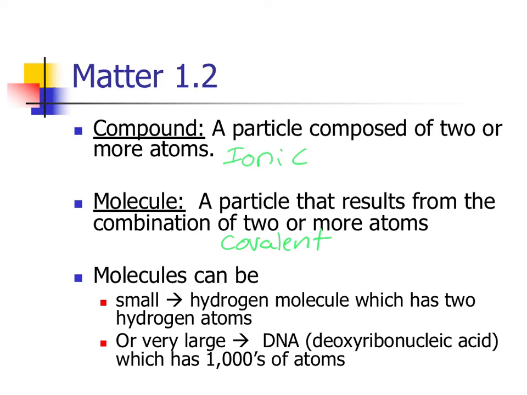The hydrogen molecule is two hydrogen atoms. Basically, I'll just draw a circle to represent that, with a little bond between them. Okay, that would be the ball and stick model for the hydrogen molecule. But it behaves as if it's its own thing.